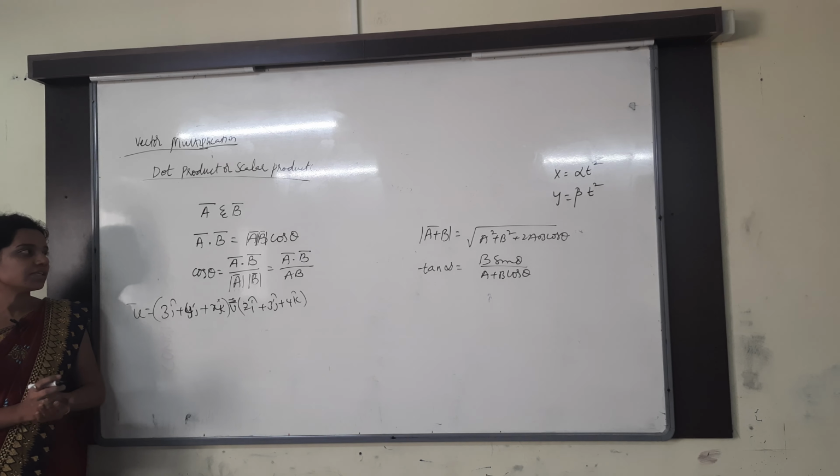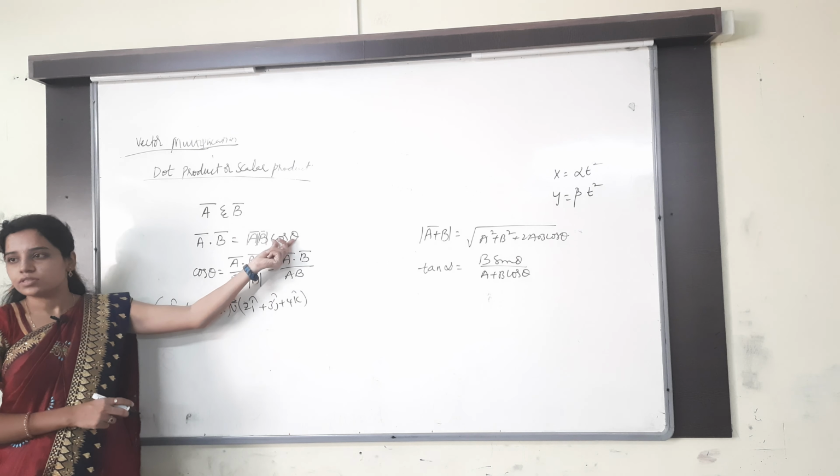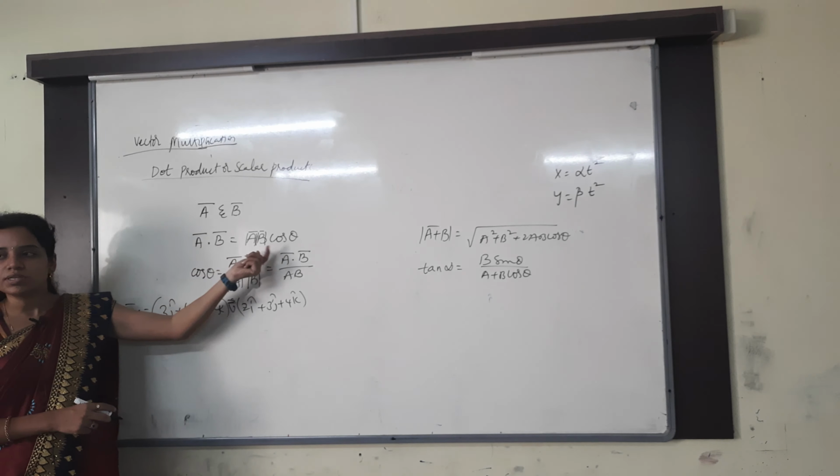Both are perpendicular to each other, so what can I substitute here? Cos 90. Cos 90 is how much? Cos 90 is 0. Then a dot b is equal to 0. Here also u dot v becomes 0. So whenever you multiply these two and equate to 0, you can get the x value. Both the cross product and dot product are very important. So here cos theta is equal to a bar dot b bar by ab. For this, mainly the properties are important.